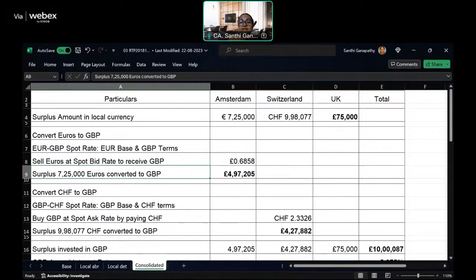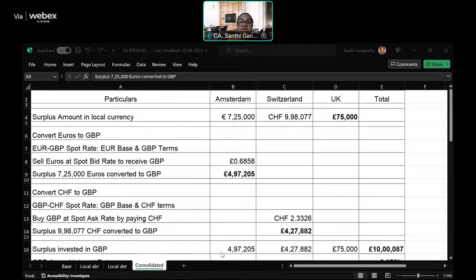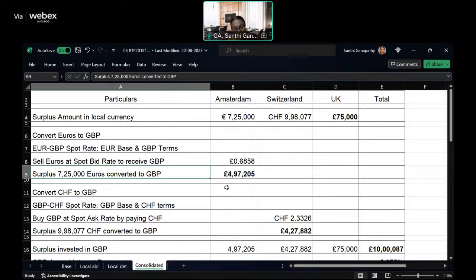Now, when you look at the problem, you find that based on the amount invested, the interest keeps changing. This is why we said it is relevant, because the interest amount you get is different when you invest only the surplus amount in London. When you convert the surplus amount in the other two centers, so into GBP and